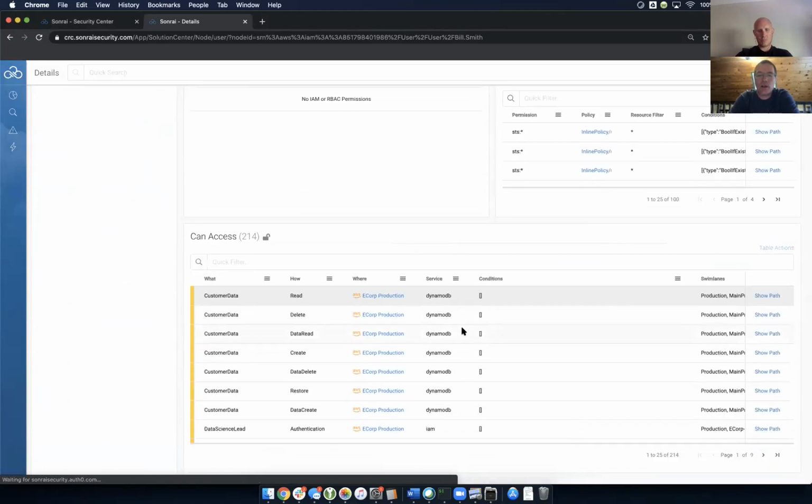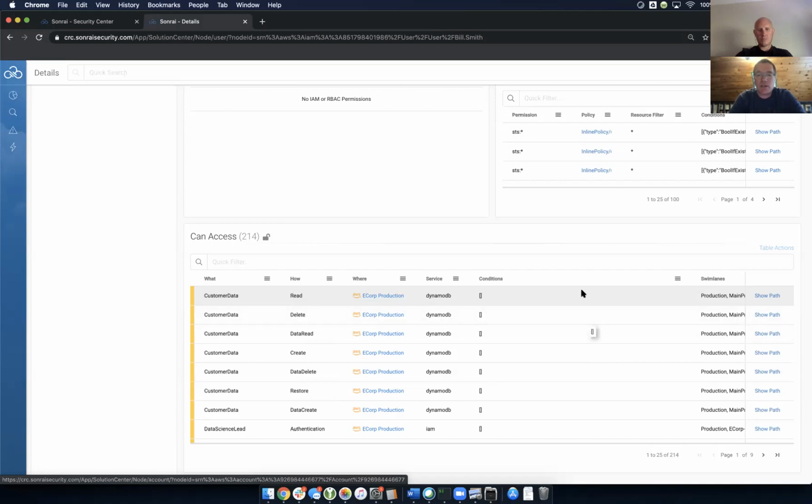But what's more interesting is that it gives him access to data. And these are the data stores that he has access to. You can see there's all kinds of different data stores here, and he can do different things to them. He can sometimes create new data, or delete data, or restore something. Again, the clouds have tens of thousands of different permissions. We categorize those into read, delete, your typical CRUD operators, with some flavors around data and protection there.